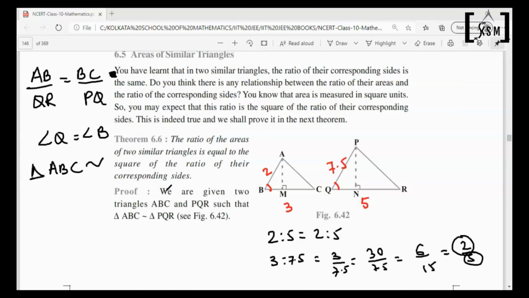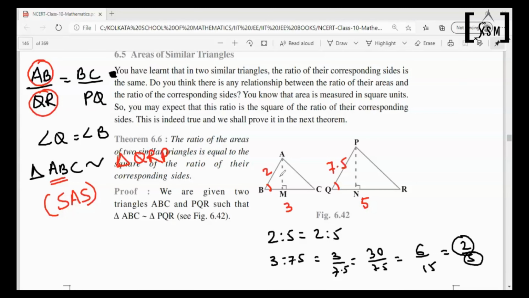No. I cannot say triangle ABC is similar to PQR. That's wrong. Please understand. In the corresponding side ratios I compared AB with QR, so you will say triangle QRP. If you say PQR, that is wrong. Yes, triangle ABC is similar to QRP. That's right. How did we prove they are similar? By side angle side. Now this theorem says that if they are similar, and we proved they are similar,